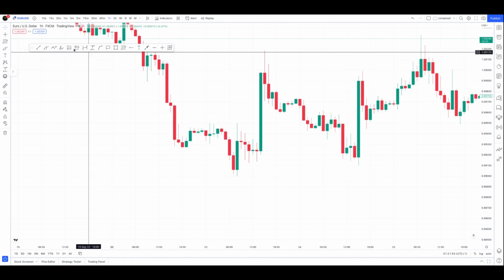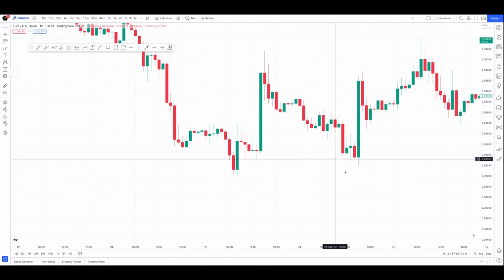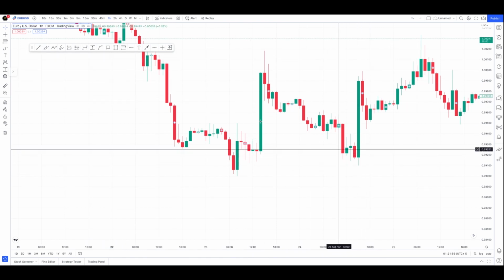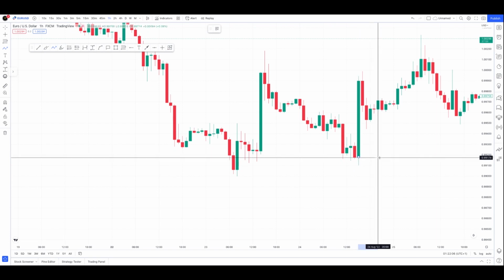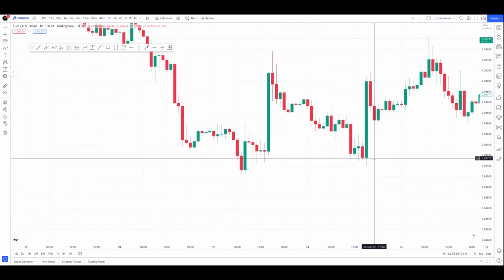So let me explain this bullish candle here. It is just the same thing as the last one I explained. The market opened at this level here. Okay, after the market opened at that level there,